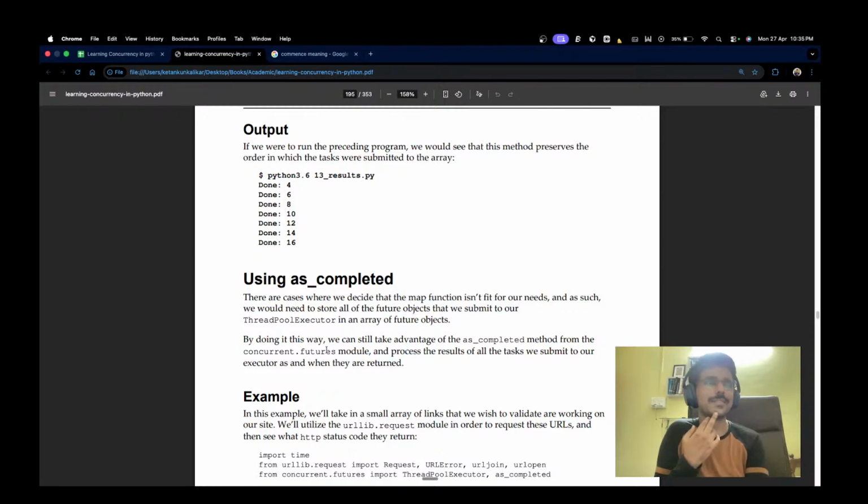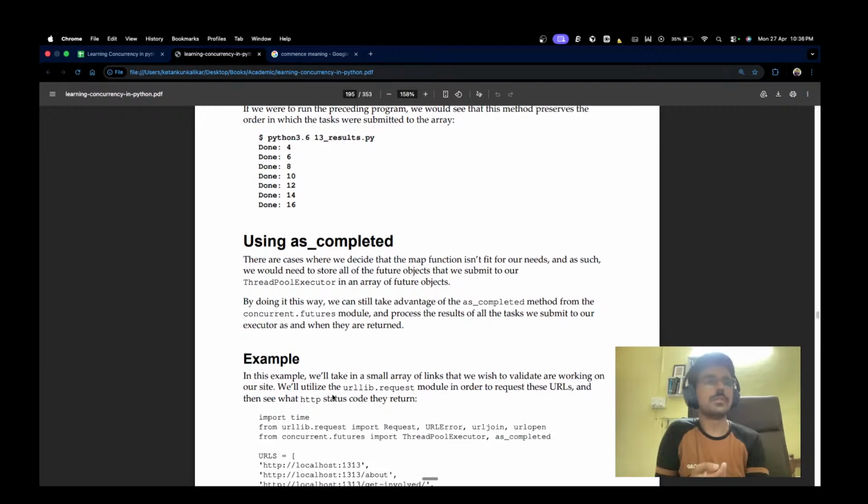By doing it this way, we can take advantage of the as in when they are returned. In this example, we'll take in a small array